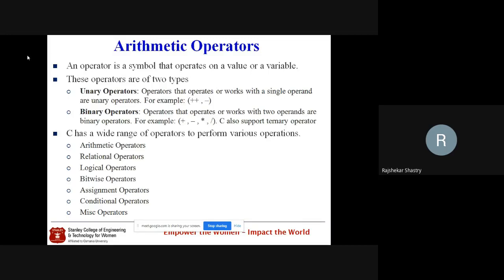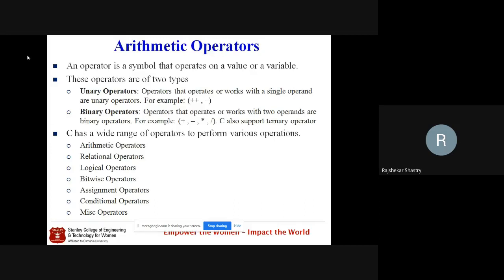The best example of unary operators is what, sir? Suppose you want to express a particular variable as a negative variable. Say a is a variable which we declared, but we want to say it is a negative a. So we use minus a. In front of a, we use the minus symbol. So a is the operand, the variable, and the minus sign is the operator. That minus sign operator is applied only on one variable. Therefore, that operator has become a unary operator.